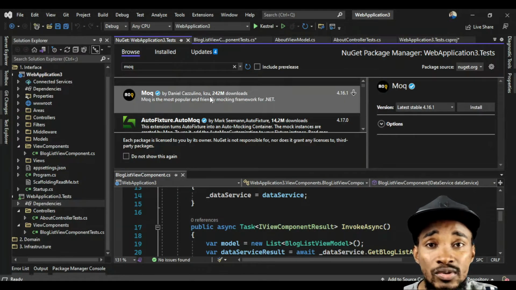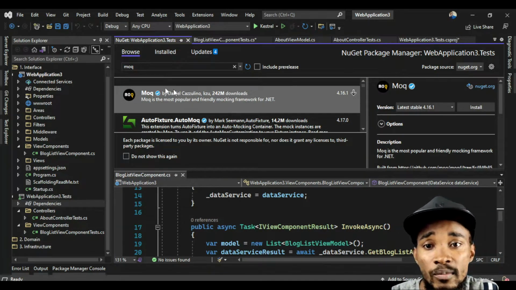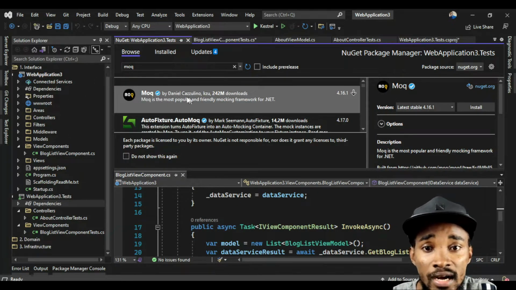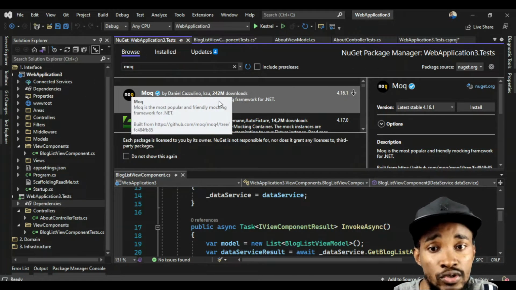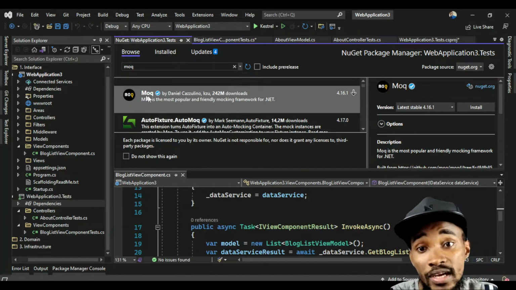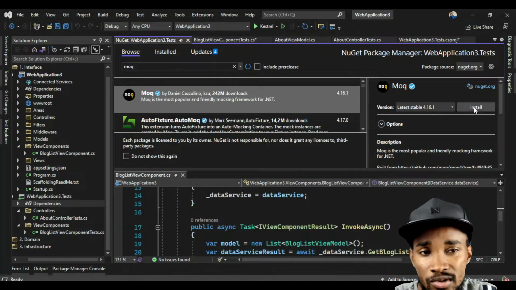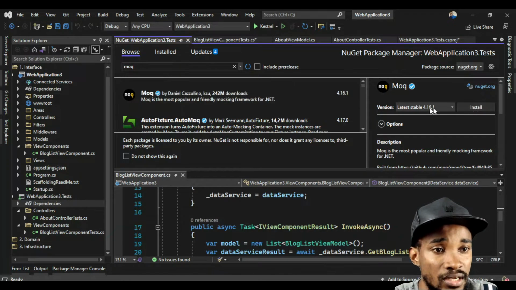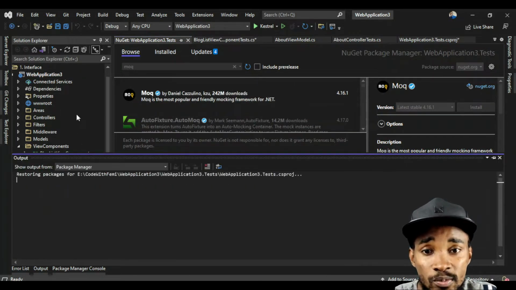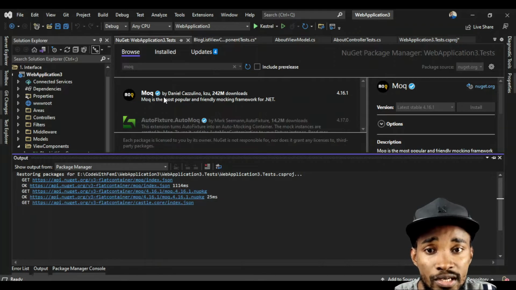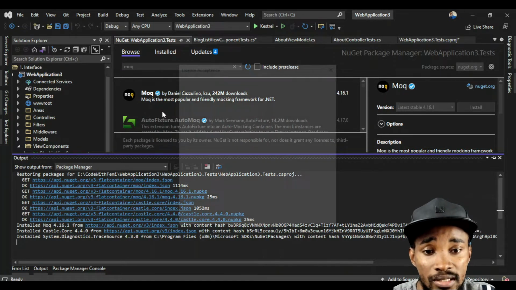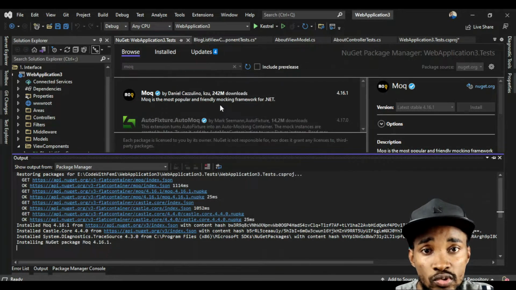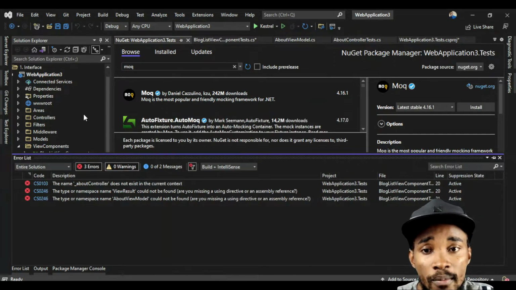Whatever you want to use, it's fine, but just make sure that you're installing whatever library you want to use for mocking and stubbing. But this is what I use, Moq, because for me it's much easier, much simpler and straight to the point. And so I'm going to install that inside of my test project. I'm installing that Moq library into my project now, so that I can use it to fake out or stub out the actual